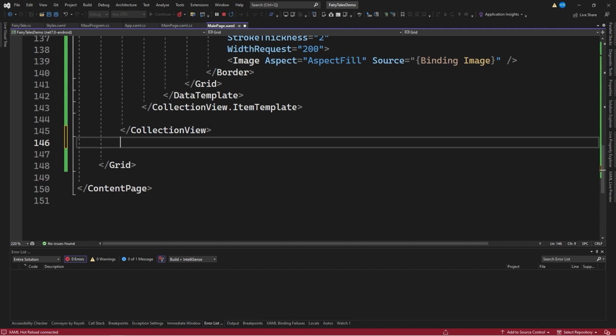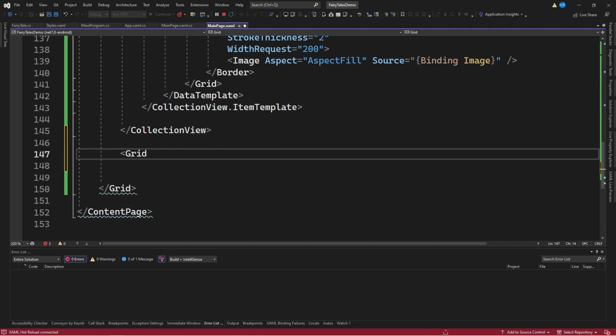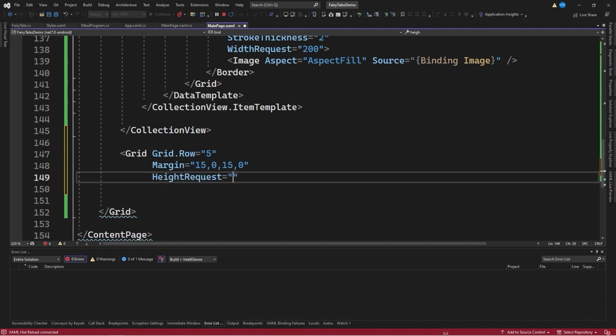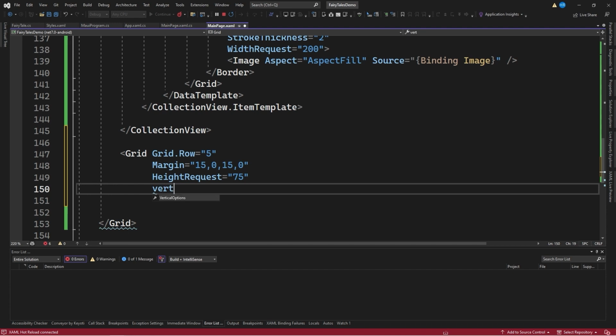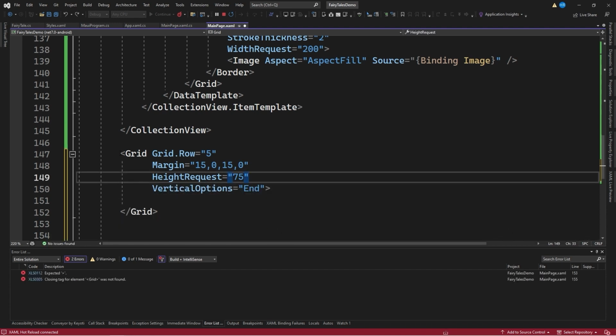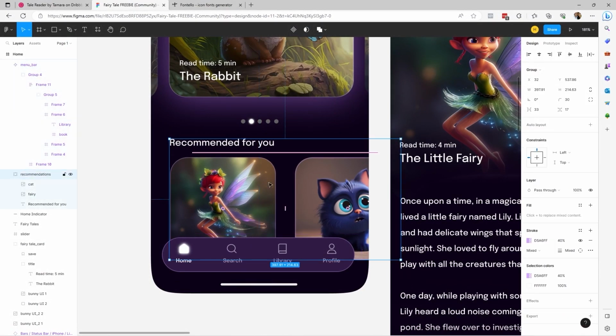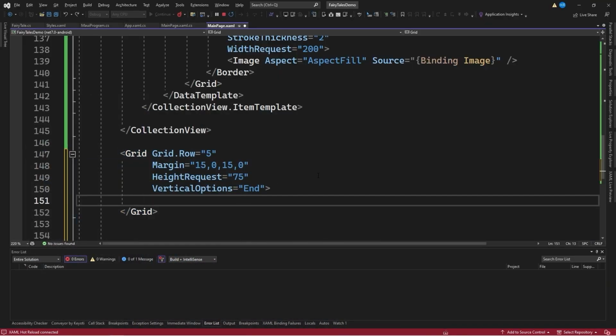After the collection view, I'm going to create a grid that I will position in the last row, that is grid.row equal 5. I'm going to assign it a margin of 15, 0, 15, 0, a height request of 75, and vertical options equal to end. This is because I want to place a new grid that is positioned right in front of this last gallery of the collection view. Within the grid, I want to create a border control to which I will assign a background color equal to